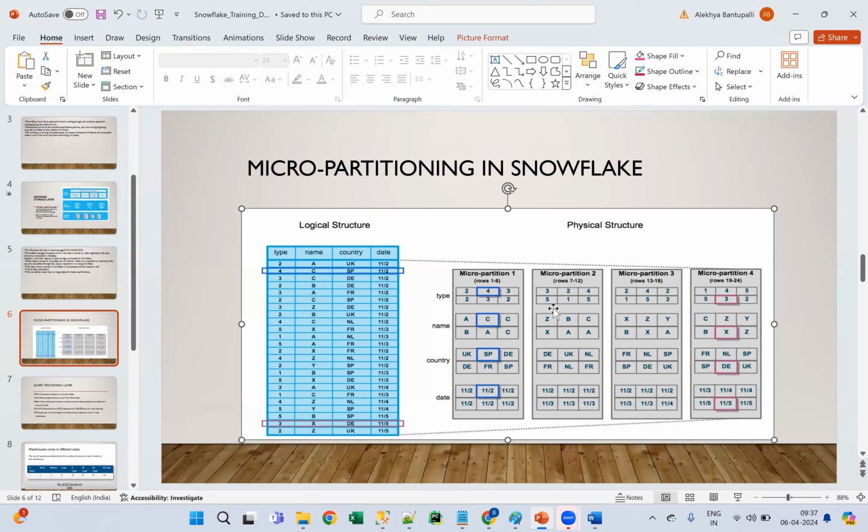Okay, in a fraction of a second you're getting your data, guys, because of these micropartitions and this clustering metadata information, which is already stored in Snowflake. That is called micropartitioning, guys. That is why, whenever the data is loaded into a table, the data gets segregated into multiple micropartitions in Snowflake. This kind of structure we didn't see in any databases, guys. That is why it is very popular, and that's why I said it has a unique architecture. Okay, that's all about the database storage layer, guys.